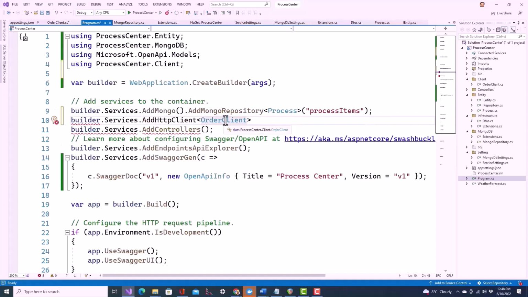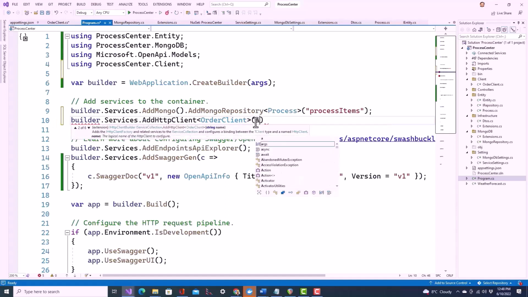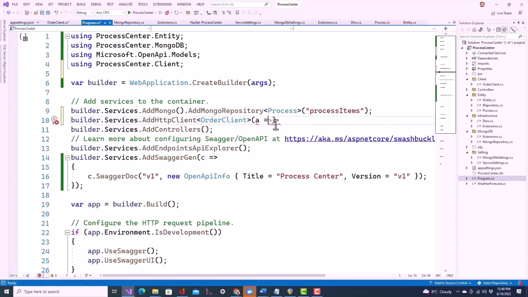This is the OrderClient class within the ProcessCenter.Client folder. Then the lambda operator, say a, you can write anything, b, c, d, e, anything, a to x, a to z. So a goes to a dot